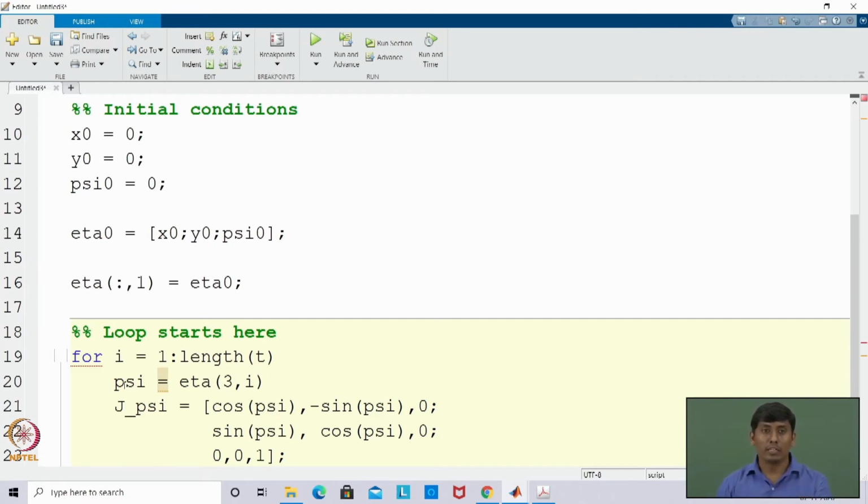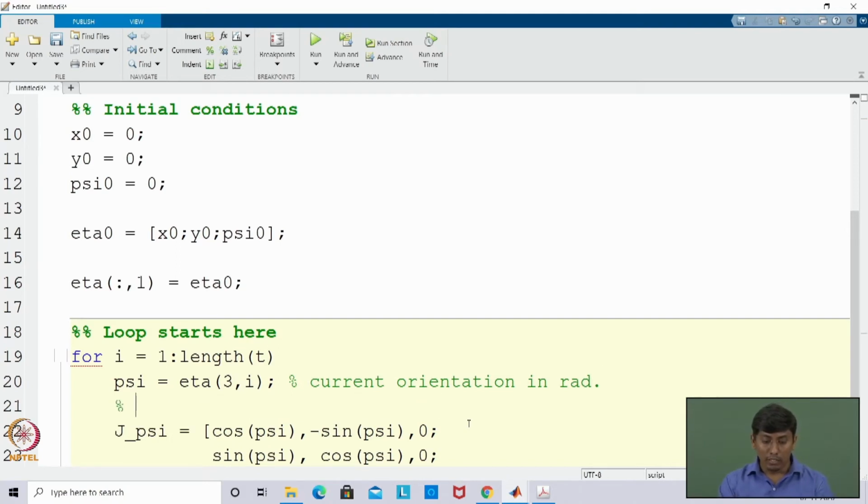Now it goes to the second loop, then the psi would be eta of 3 comma 2. That is what we are writing. This is the current orientation, but in radians, that also should be known. So this is what we got, and this is the Jacobian matrix.